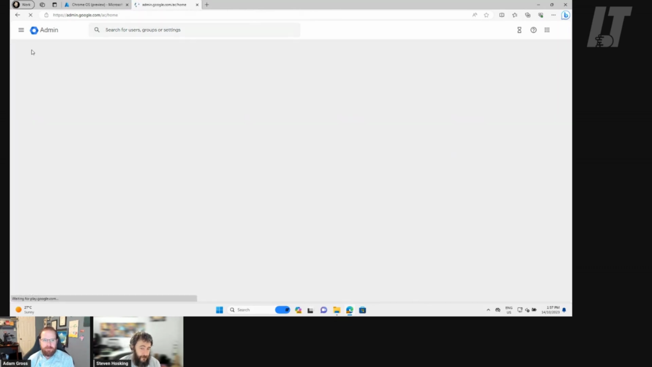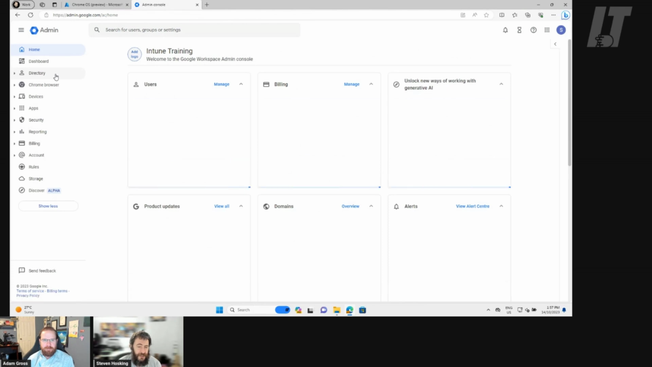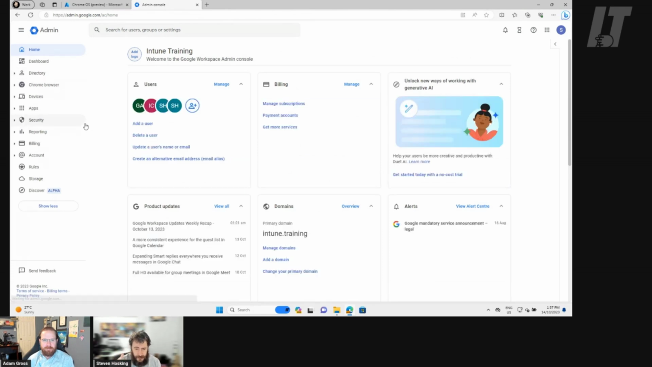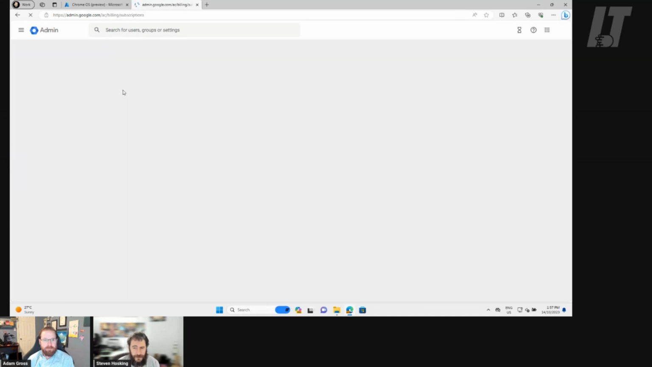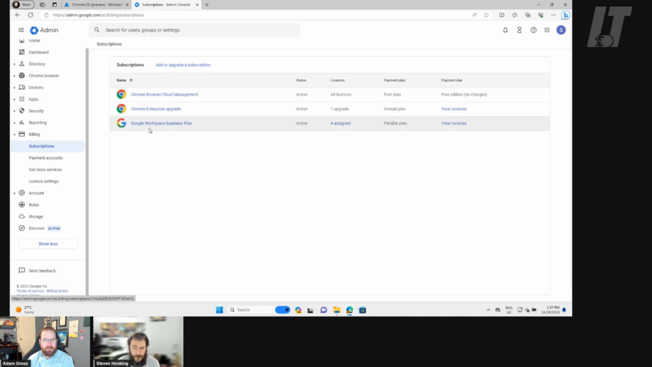To sign up to admin.google.com, you need to have at least one license of any of these. Let me go across here. So you need to have at least a Business Plus with Enterprise Upgrade option. So the browser cloud management is not enough. No, browser cloud management isn't enough, and getting that is an adventure to go through,